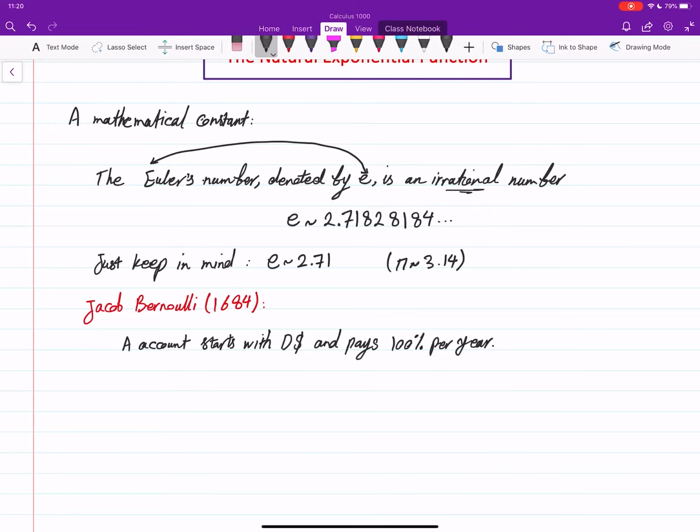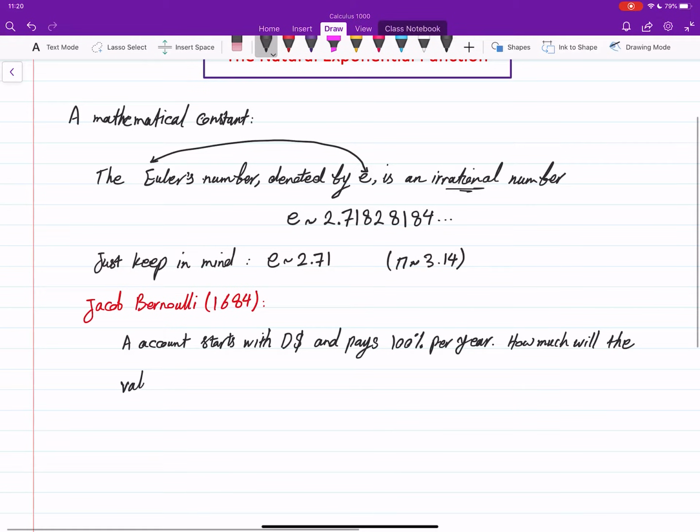So we have an account. Each year we will get interest of 100%, and then we are interested in how much the value of the account will be